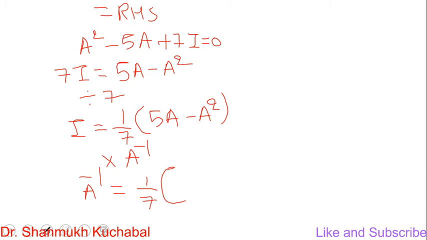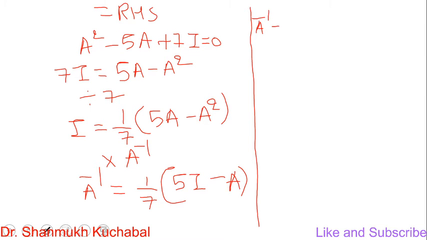Then A inverse into A gives I, and we get 5I. And A inverse into A square, A inverse cancels, so we are going to get A here. So further, A inverse equals 1 by 7 as it is, 5 as it is, I is the identity matrix 1 0 0 1,